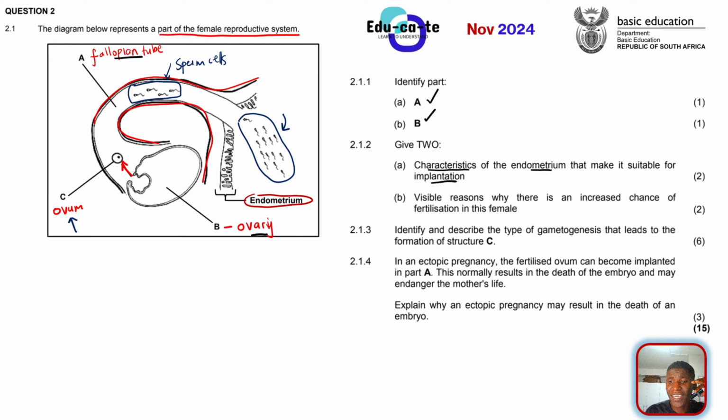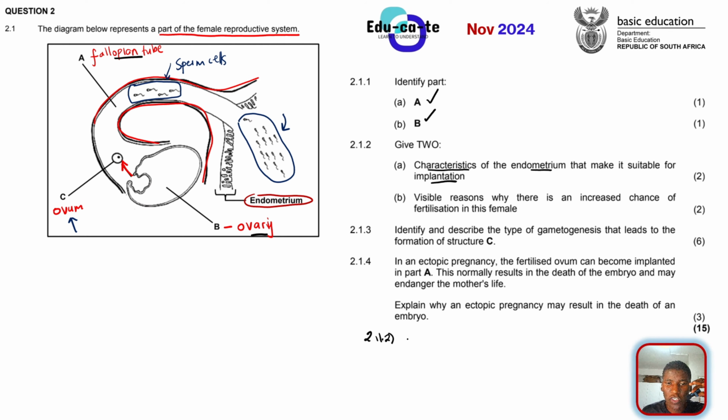Remember, at the endometrium, that's where the baby actually implants. Let's just call it a blastocyst. That's where a blastocyst or a blastula implants. So what makes the endometrium the best place to do that? If the baby were going to implant maybe in the fallopian tube, it would definitely die. So for the baby to live and be born perfectly, it must implant within the endometrium. Why is the endometrium the best place for that? Remember that the endometrium has characteristics that make it the most suitable.